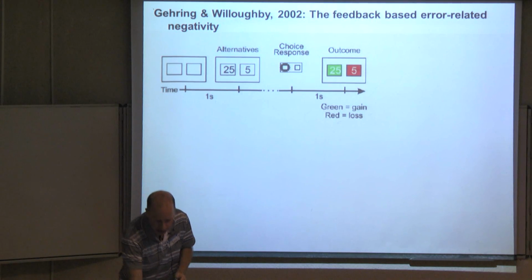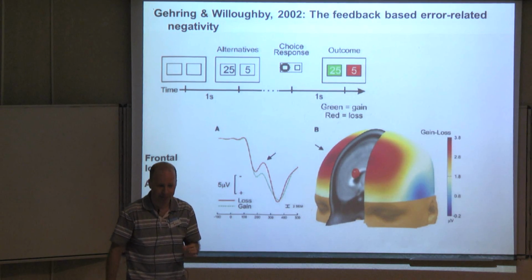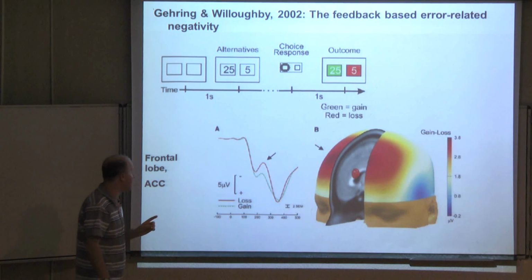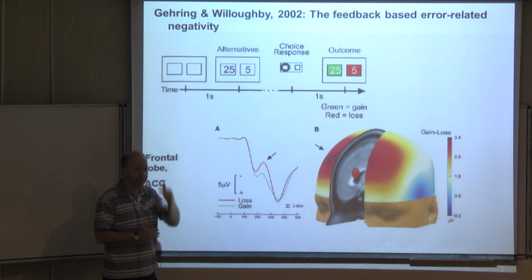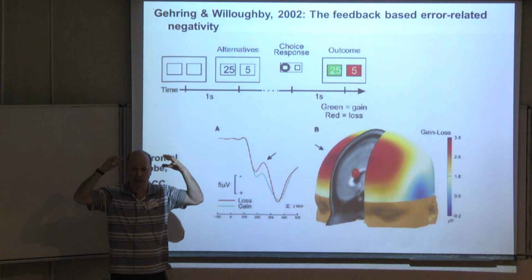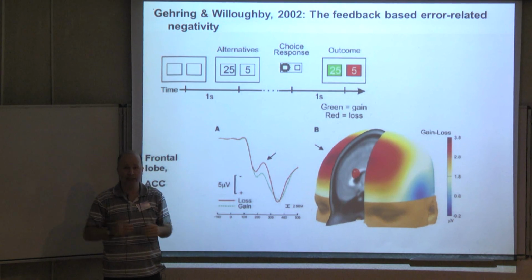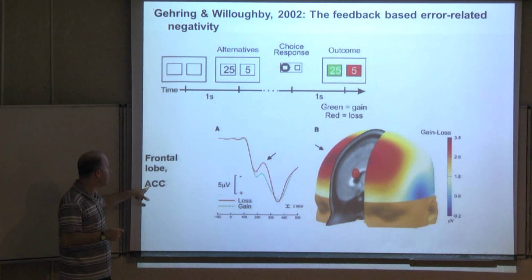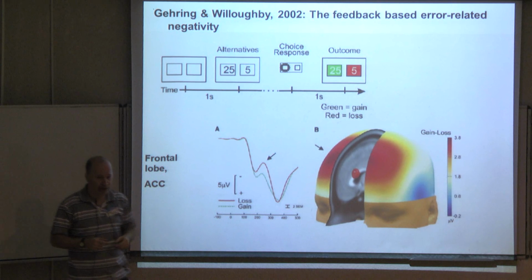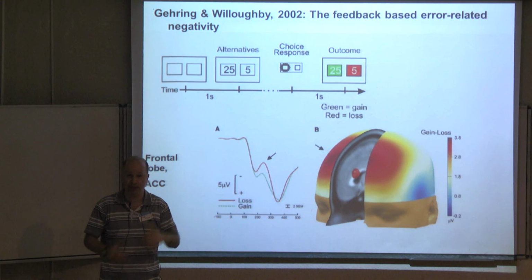They studied EEG and ERPs, and what they found is that after losses compared to gains, about 250 milliseconds after the stimulus, there is increased activation all over the frontal cortex. The frontal cortex burns when you get losses compared to gains, and it's located at the frontal lobe in or near the anterior cingulate cortex, which, by the way, also produces sympathetic arousal.